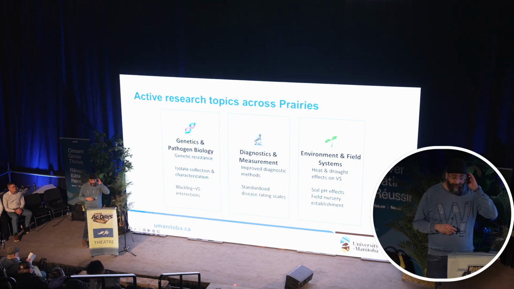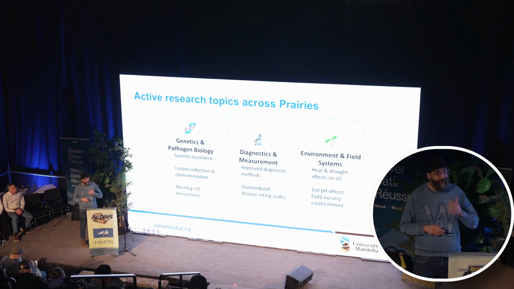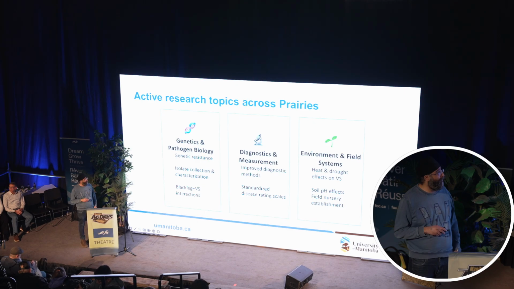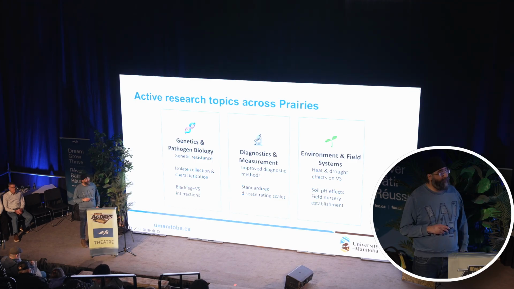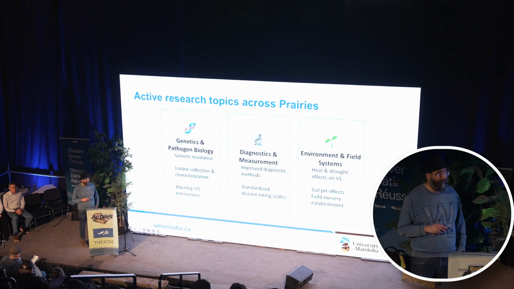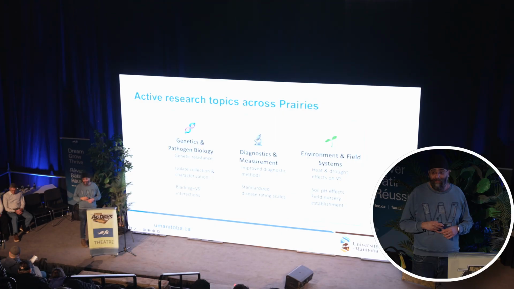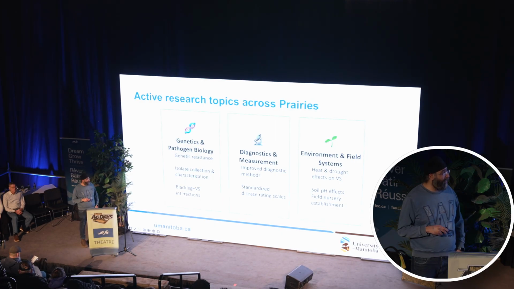Across the prairies, there has been a lot of effort to work on verticillium and identify solutions for the producers. A lot of effort has been concentrated around understanding the genetics and pathology. There's a lot of effort concentrated on identifying new genetic resistance sources and integrating them into the current breeding program, so that they could be integrated into the variety.